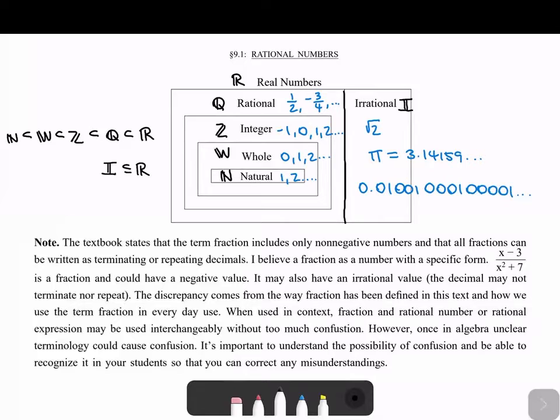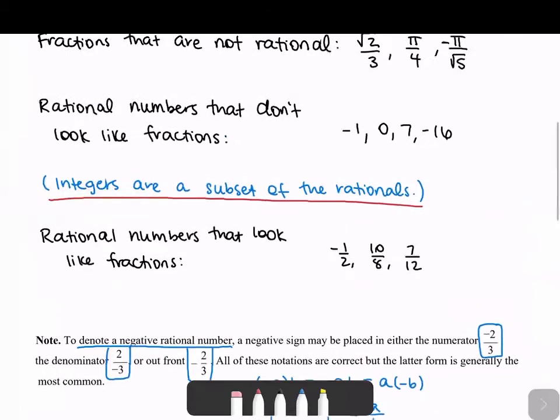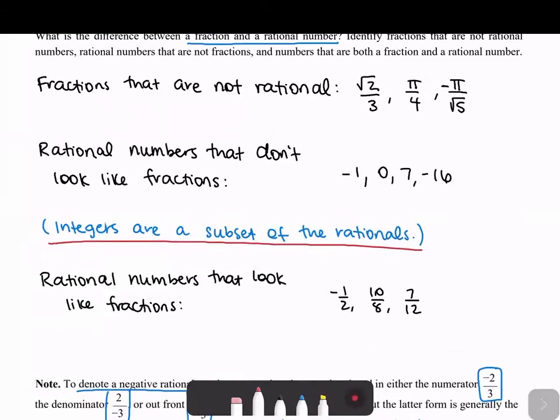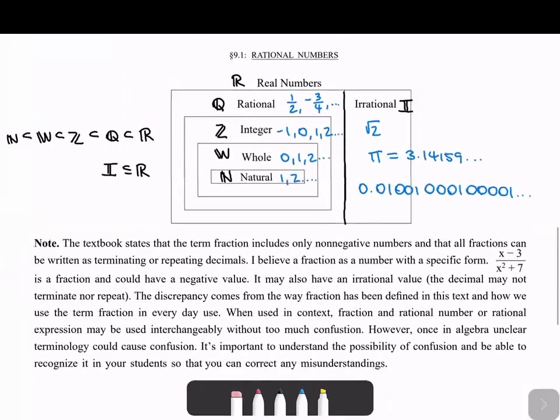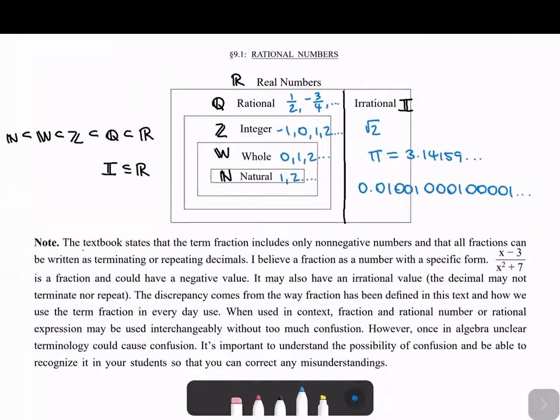And where do fractions fit in here? The way that the book defines it is a little bit different than the way we've defined it. So remember in the last video, we talked about these fractions that are not rational. And we said that there's all these fractions, right? We have square root of 2 over 3, pi over 4, things like that that aren't rational, but that are fractions. And so this is where a discrepancy comes in with how I define things and how the book defines things. So the book states that the term fraction only includes the non-negative numbers,